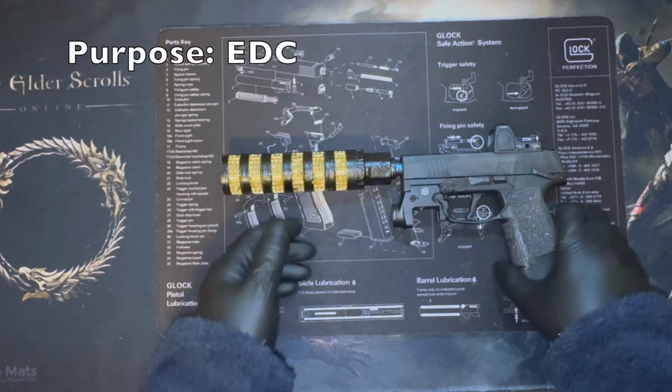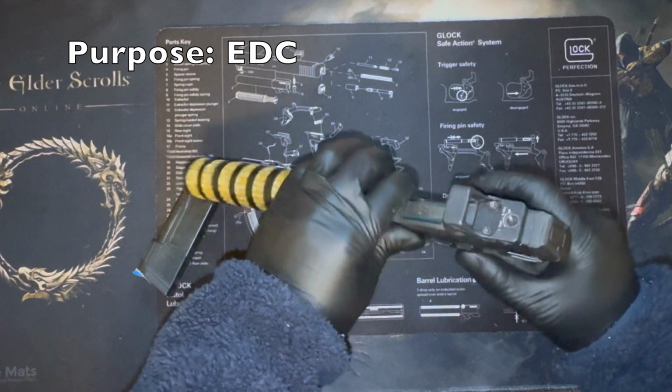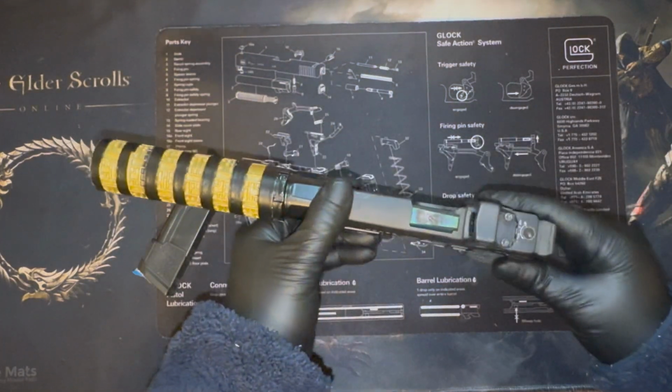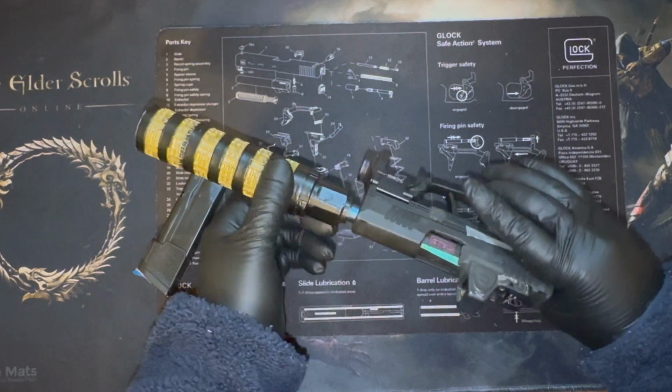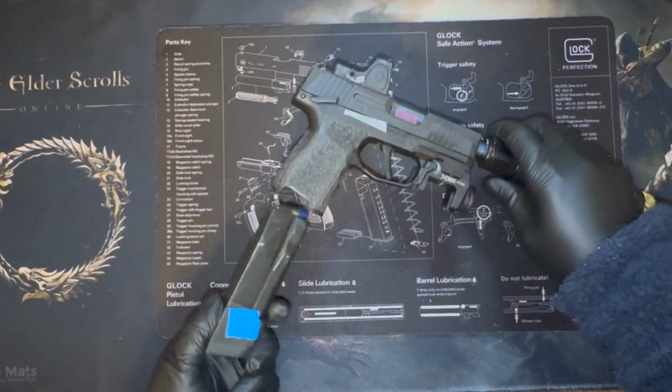This is my EDC. I got a mag in here, clear this on back. I've got about 4,500 rounds through this. Not through this barrel though. This is a threaded barrel. I haven't always done the threaded barrels because